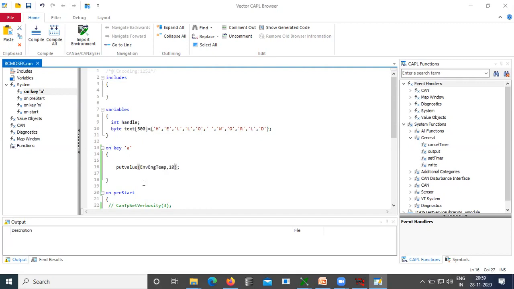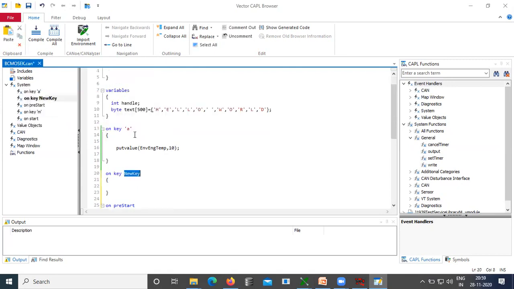Okay, when I press B, the value of engine temperature should be printed. How can I do that? I use another on key event. In that, I just use B. Then, how can I read EV variables?